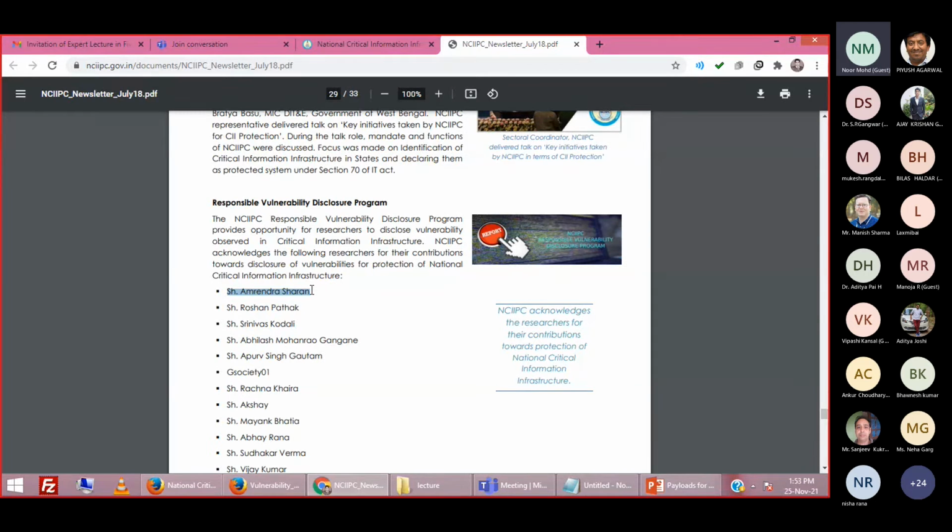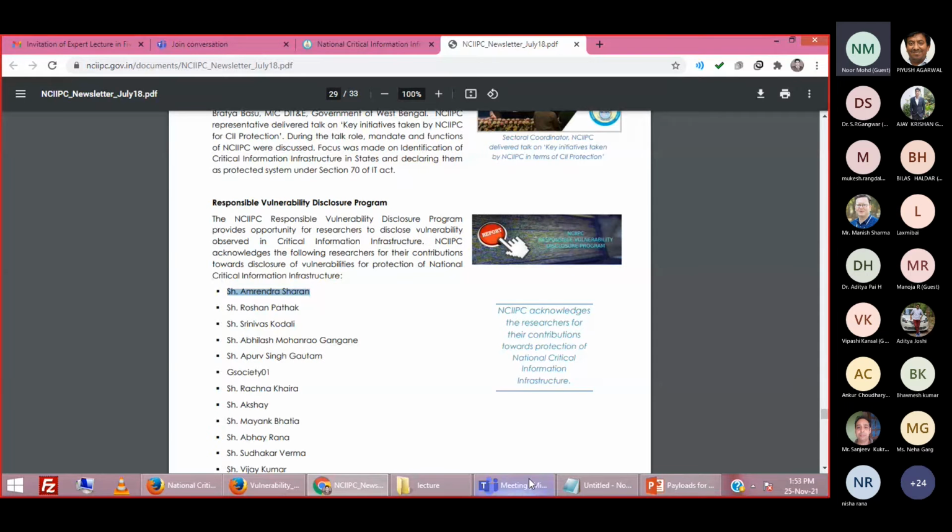Not only in Indian Railway, I have reported many vulnerabilities on many government websites, and every time they respect our effort and contribution. They have also invited me to their headquarters. They booked my ticket and gave very good accommodation and hospitality. We had a meeting with the senior officials, the Director, and I suggested and shared many things. So this type of motivation is there.